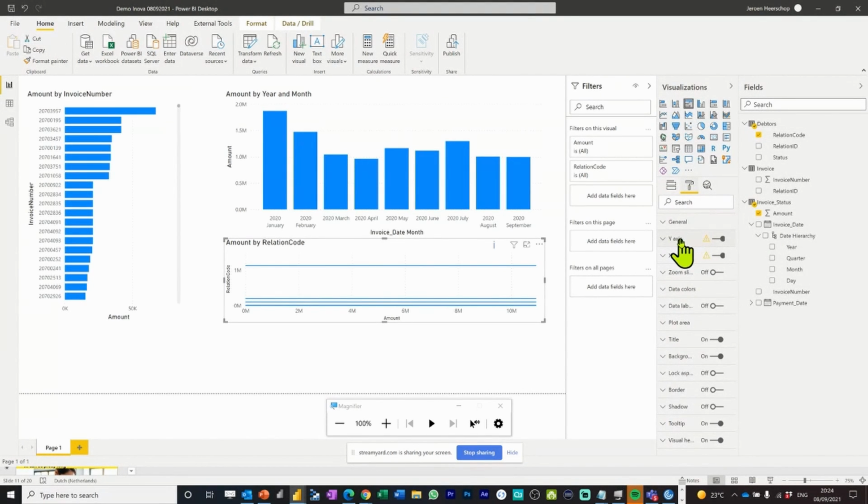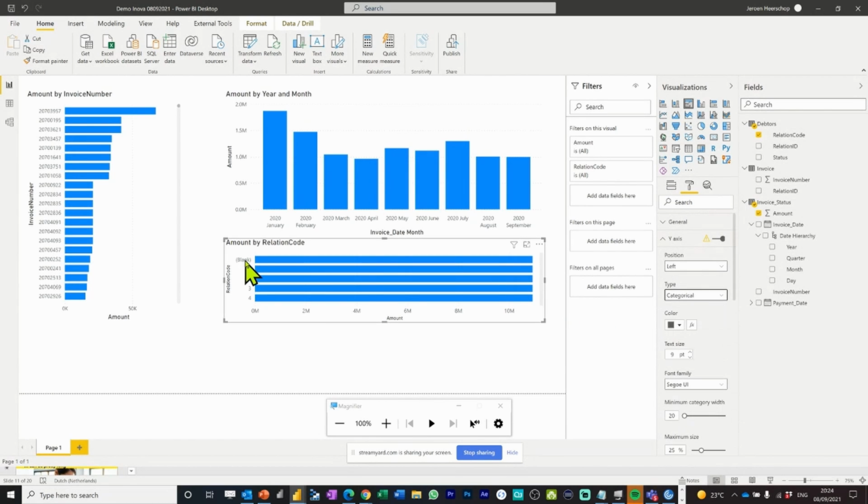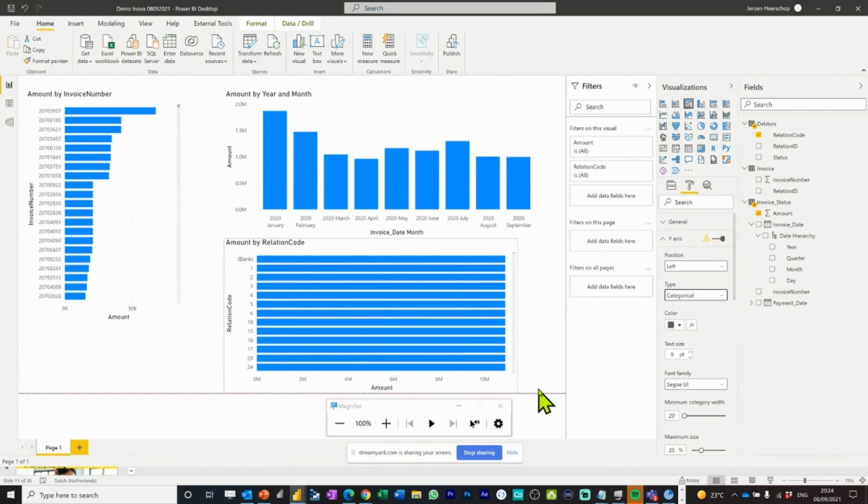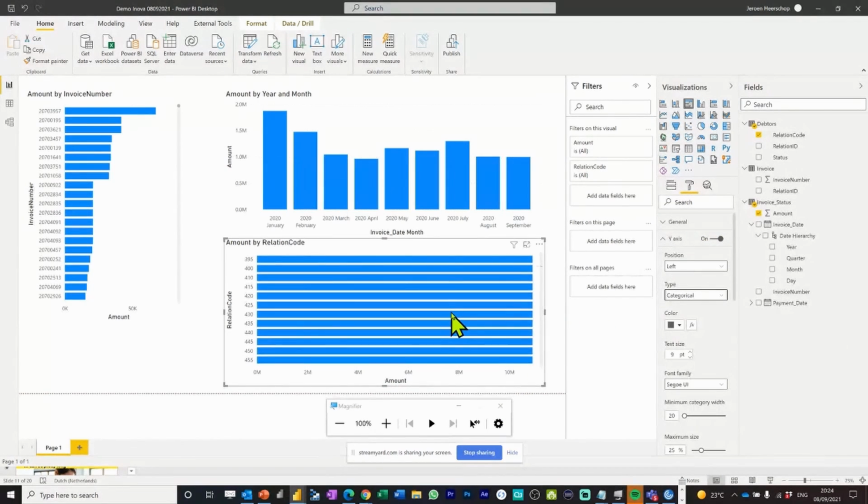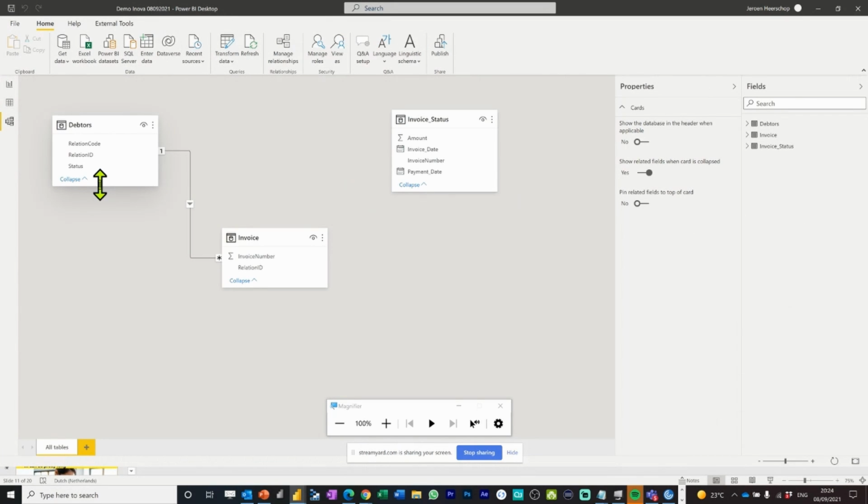And I'm going to change again the y-axis to a category because now it's showing numbers. And this is what you see, and that's a little bit strange, right? Because now every customer seems to have the same amount outstanding, the same amount of invoices. And that, of course, can't be right. Now, here you have the data modeling part that plays a role. And it's very handy if you start using Power BI to learn a little bit the basics of a data